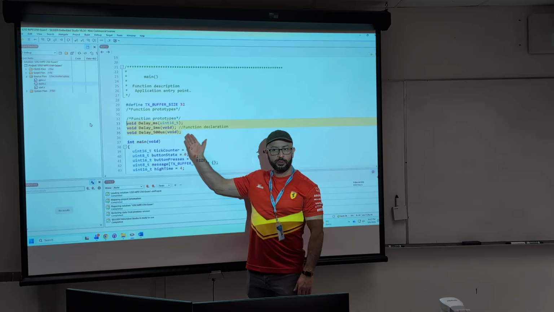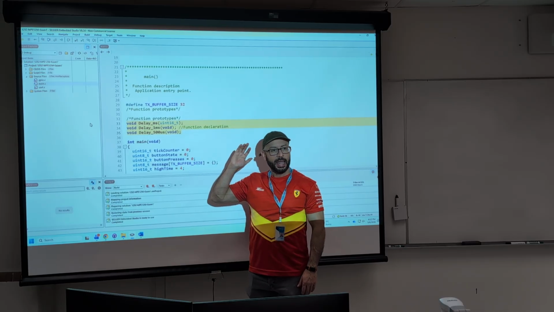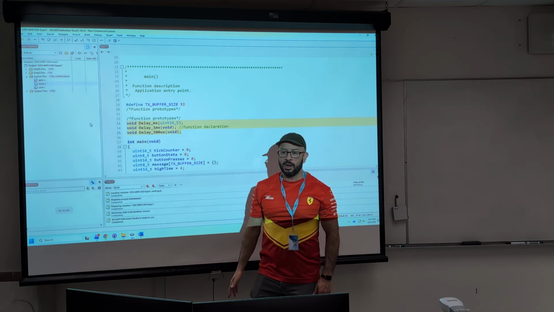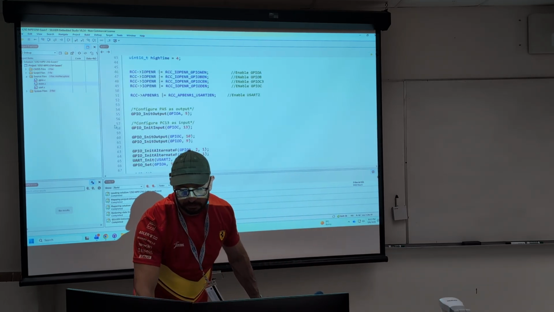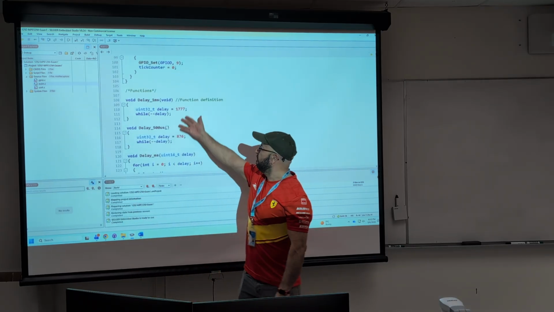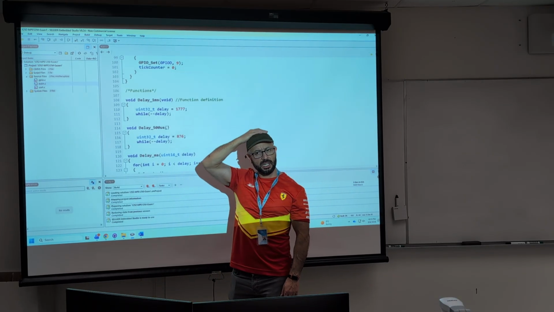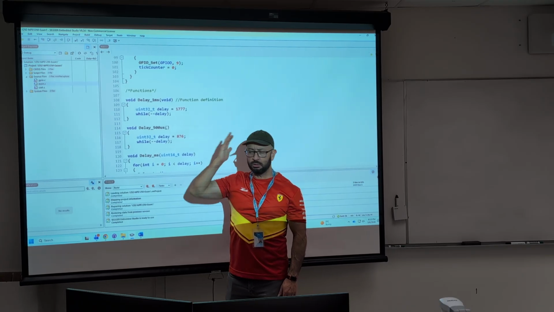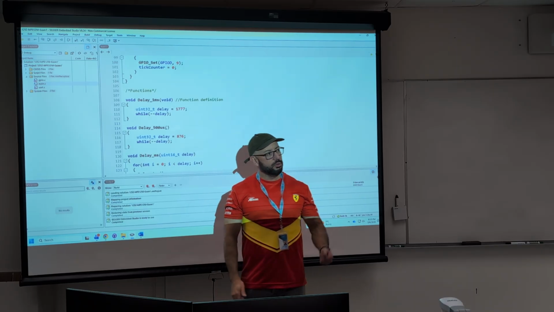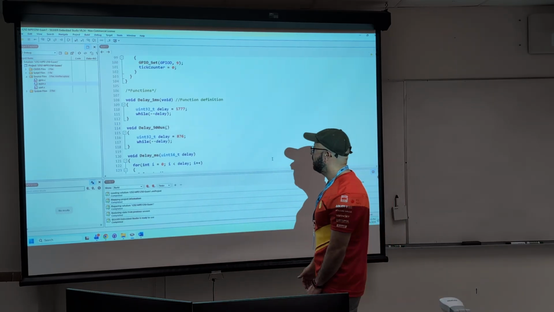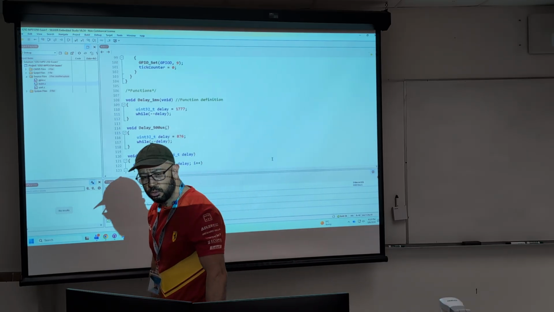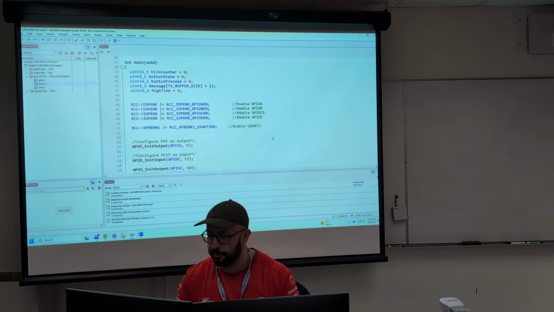Now, these are the function prototypes. If you have libraries, these prototypes go into your .h file, whereas the implementation goes into your .c. I even saw some of these in the .h. That's not the standard. That's not what we've been teaching you. So if you're having issues creating your libraries and not understanding, make sure you reach out to me so I can explain that again to you. But yeah, that's the structure that you should be following.